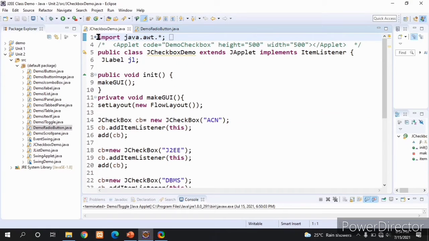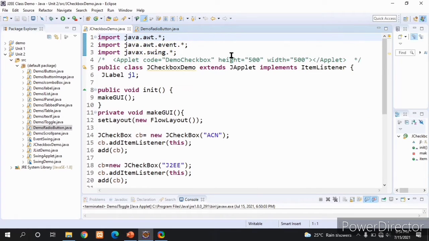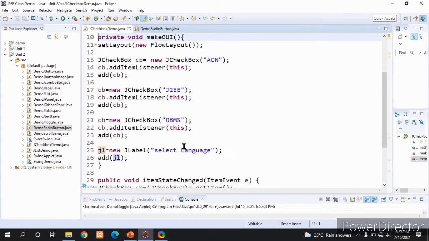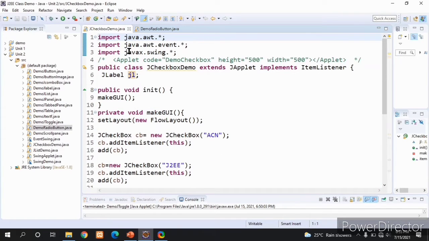See here, this is the JCheckbox example. As we are using a FlowLayout manager, we are importing the java.awt.* package. We are handling the ItemEvent here, so we need to import the java.awt.event.* package. As we are using JApplet and JLabel, we are importing the javax.swing package.